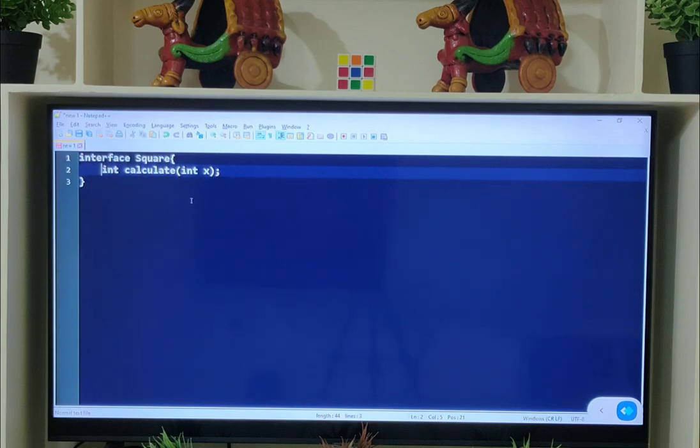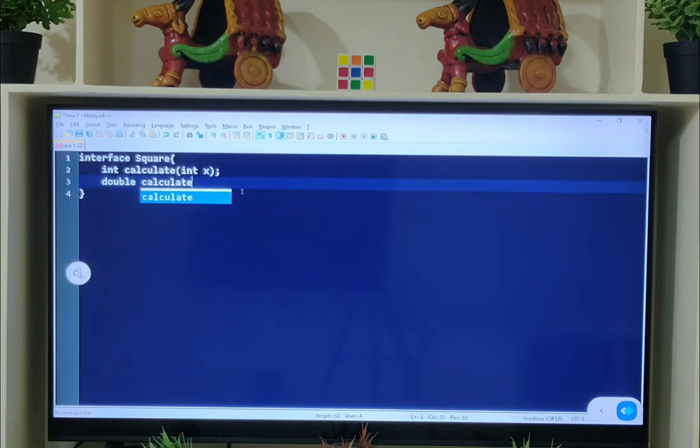But maybe some other developer cannot understand whether this is a functional interface or a normal interface, because a normal interface can also contain one abstract method, or more than one abstract method. Another programmer sees only one abstract method but does not know it is a functional interface, so there might be a chance of him adding one more method, for example, double calculate(int x, int y).